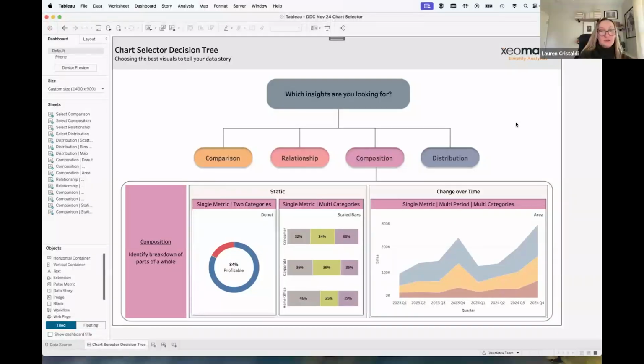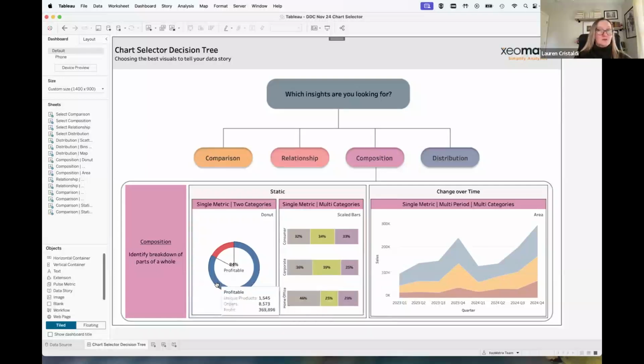Yeah, the next would be the composition. So we're identifying parts of a whole, or we're breaking down parts of a whole. I know that pie charts are kind of polarizing. I feel like a donut chart is the better version, or the best version of a pie chart.